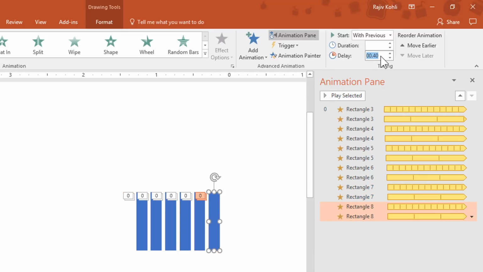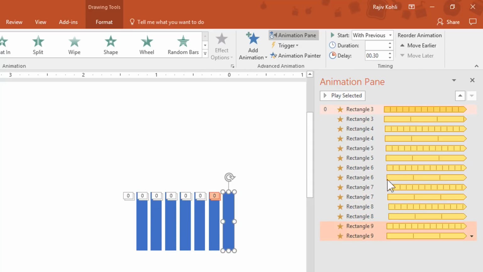And I would like to go with the delay for this bar of 0.50. And now I am going to make a copy of the fourth bar here, with the timing of 0.40.